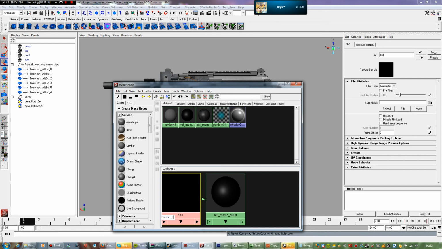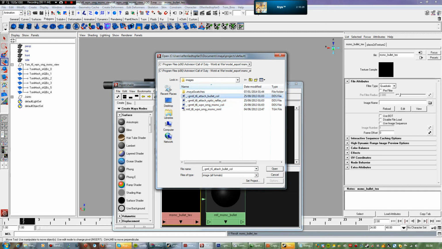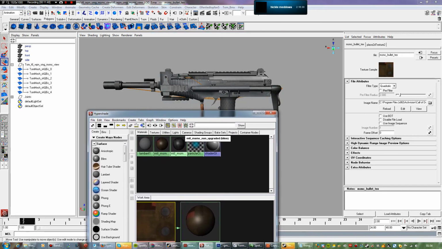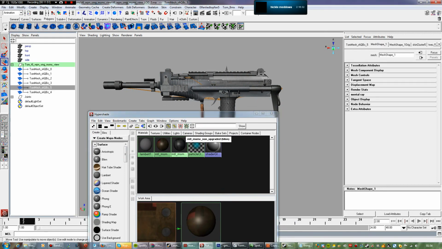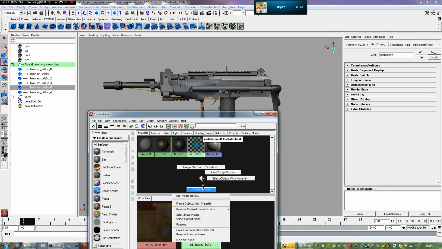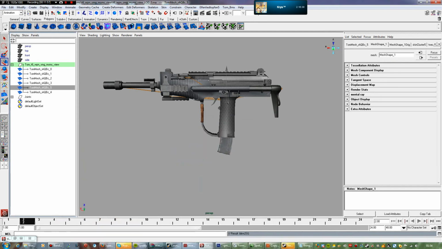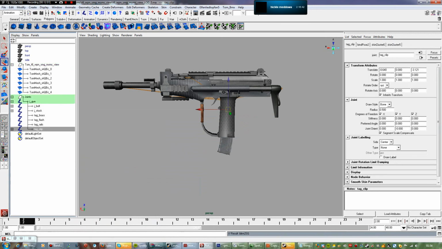MSMC_bullet_text, like that. Then you would do the same thing: find the attach bullet, which is this one, push OK. This one hasn't got anything, and you would select the one that was the bullet, right click it, apply material to selection. Now in textured view, if you go into joints and hit tag clip and drag tag clip down